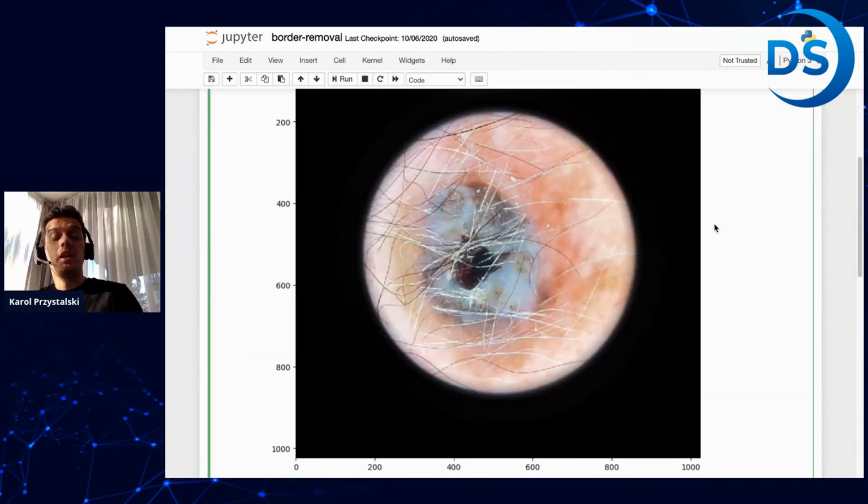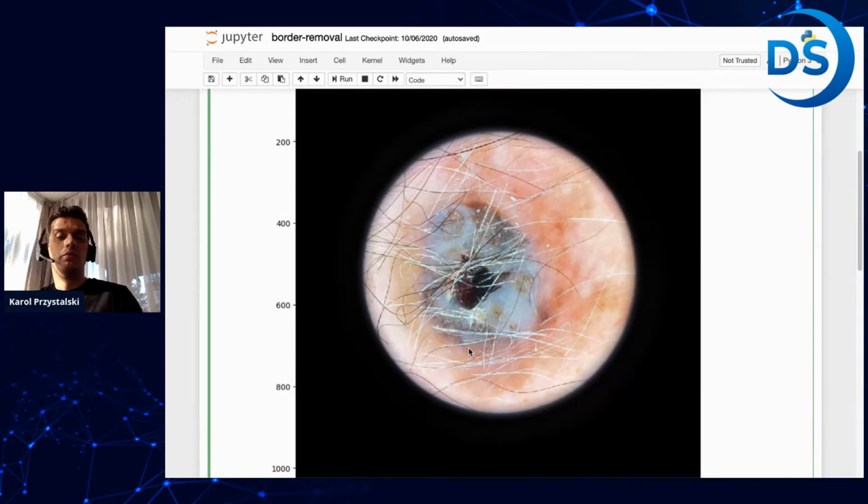What you can also do is, for example, hair removal. There are different methods already implemented to remove hairs. Obviously, it depends on the percentage of the image the hairs cover, because if there are too many, it would be hard to find out what's actually behind them, what the mole on the image is. Sometimes there are also shadows, because the dermatoscope device is flat, right?